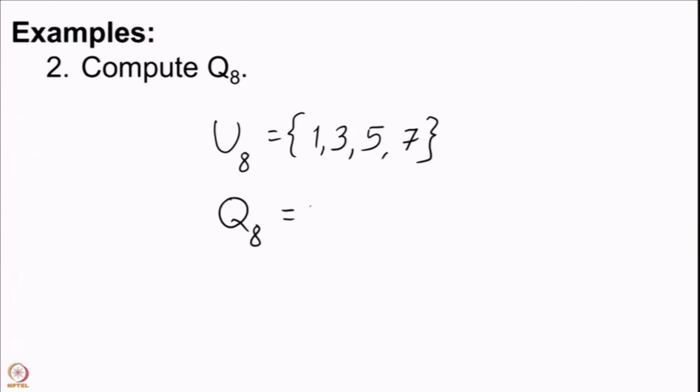We have already computed Q8, and let me just tell you that when you were looking at U8, we had all odd elements here, but Q8 had only one element. So, indeed the case for n equal to 2^e needs to be dealt with separately, and the remaining cases can perhaps be dealt with in a simpler way. We will look more at these formulae and these computations in the coming lectures. So, see you in those lectures. Thank you.